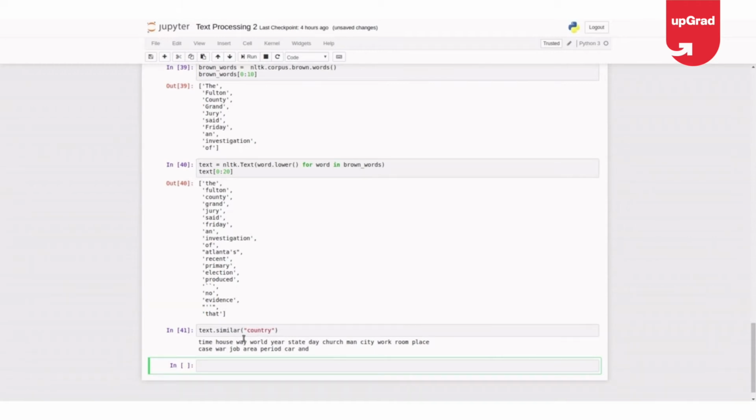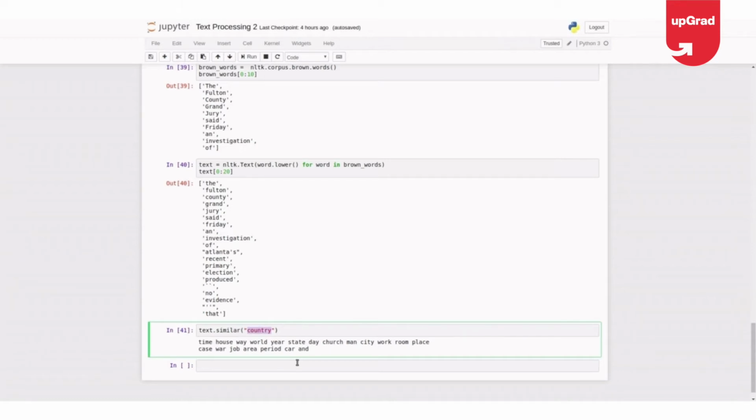Okay, and I see most of the words are also places, and most of the words are nouns. Country is a noun in general, and it's like a place in general.